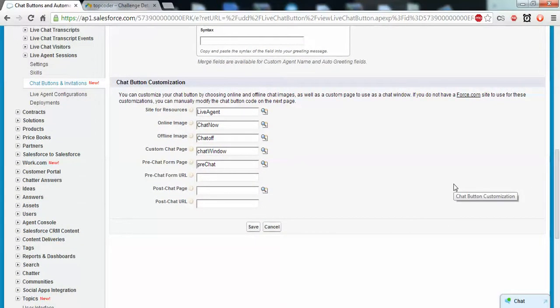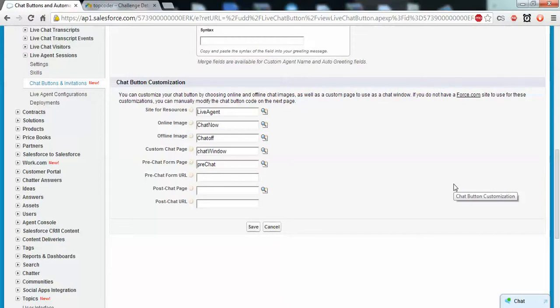And site for resource, you can perform this functionality from an HTML page, but we would need to give the HTML page to every visitor, so it will be difficult. So what can you do? Salesforce provides a Sites option, where you can create sites. I have created a site here, Live Agent, and you can assign it here. So for a chat button, create one Visualforce page and assign that Visualforce page to the site.